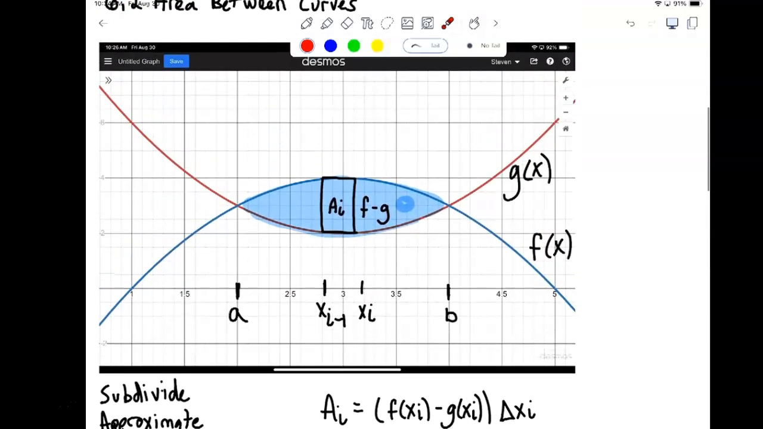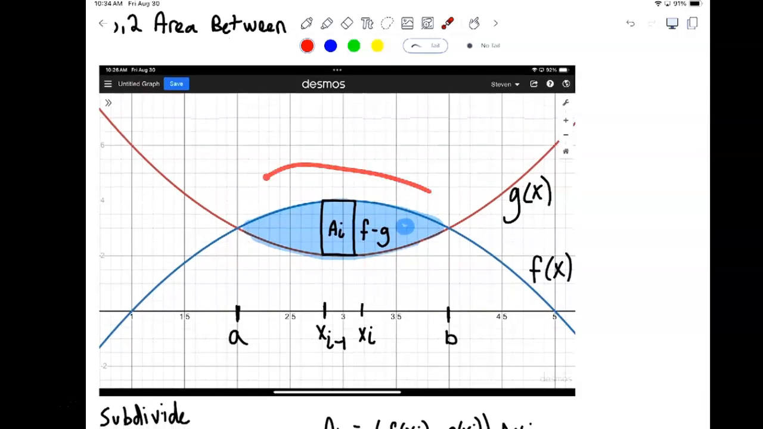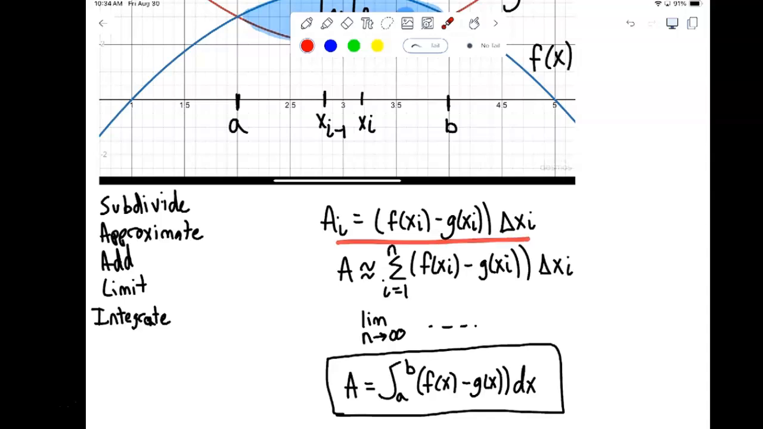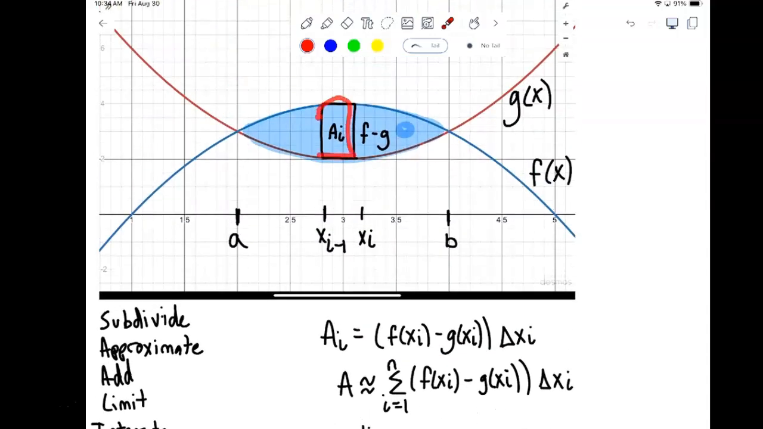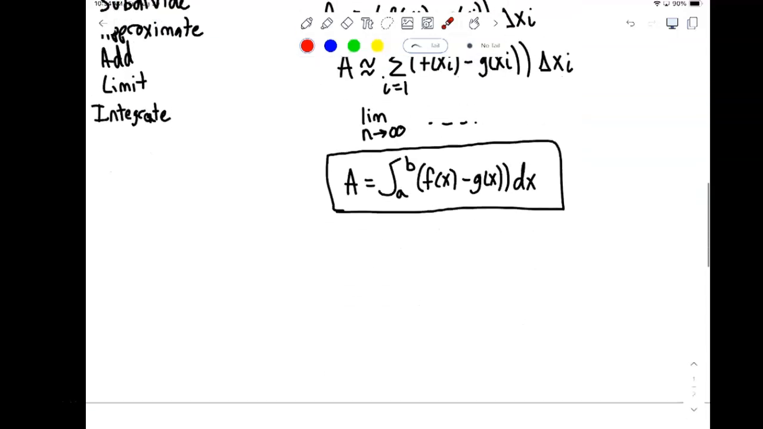Now, very often we're going to want to graph them because we're going to need to see which function's the top function, which function's the bottom function. We're going to need that to be a fact that we can use as we do these integrals. But that's the idea: we approximate by realizing that in this little rectangle, the width is delta x, and the height is just the difference between f and g. Okay, so that then becomes our area formula in terms of an integral. And so in the next videos, we're going to look at using this